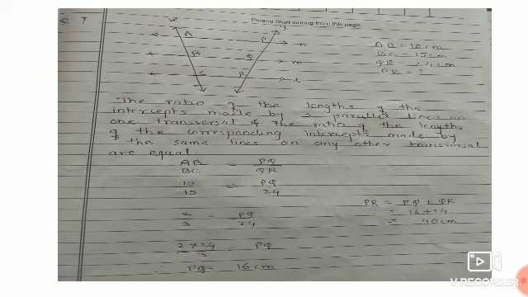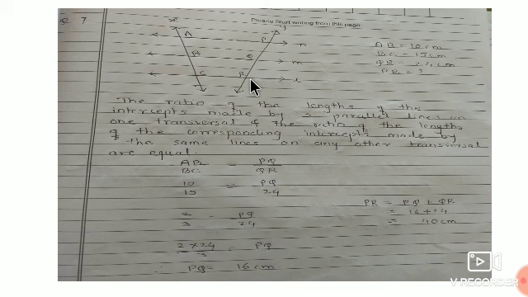One point remains: this segment AB is called an intercept. These are the two parallel lines, and if a transversal cuts them, then from the intersection point A to B is one intercept, and from point B to C is another intercept. So segments AB or BC, PQ or QR are called intercepts.